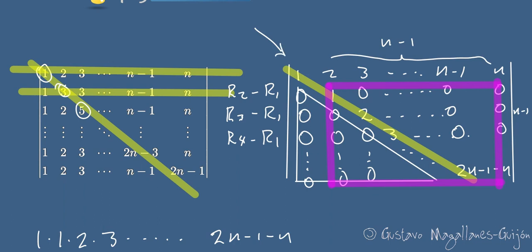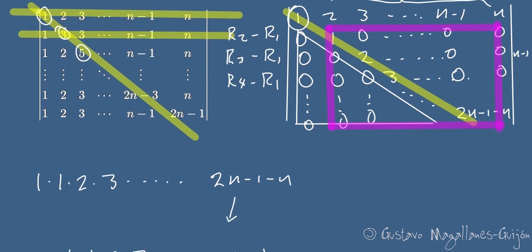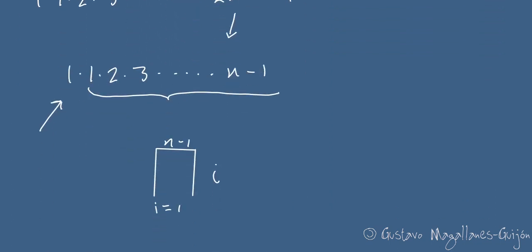But with the 1, we have the full determinant, all elements. It is 1 times the product of the consecutive numbers. We have finally that it is